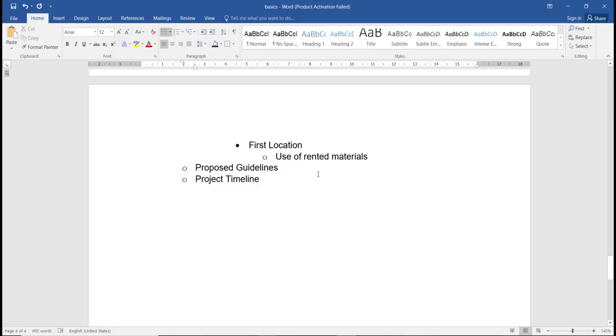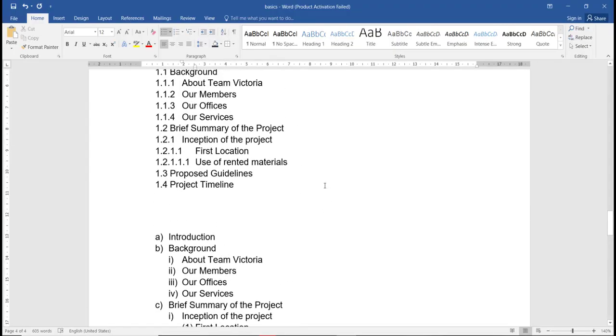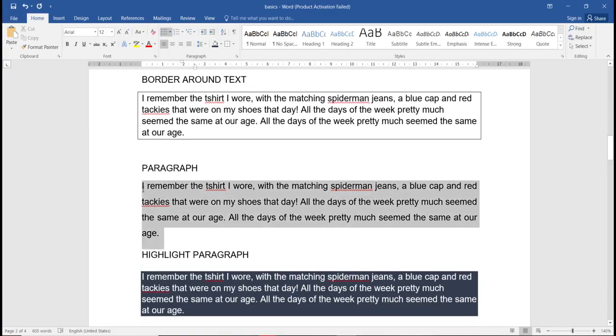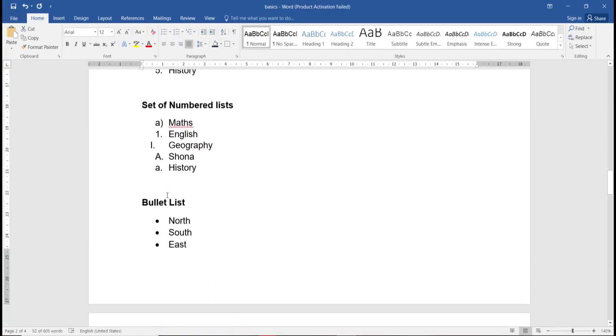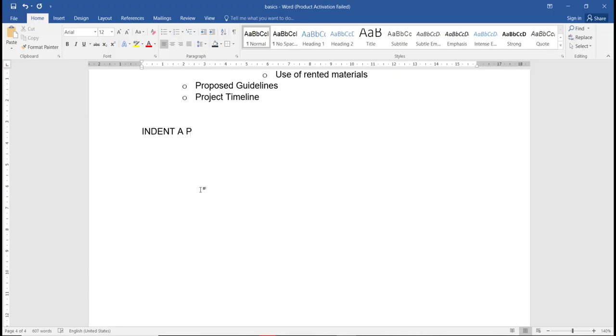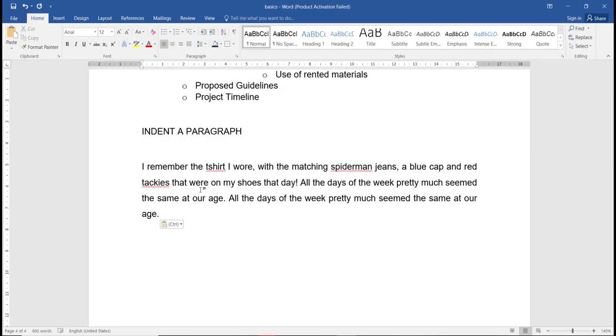Okay, we then now need to move to the next bit, which is the indent, left or right indent. Okay, so for this one, we need to have a paragraph so that we see how this works. So we then want to indent a paragraph like that. So I paste my text, I highlight my paragraph,